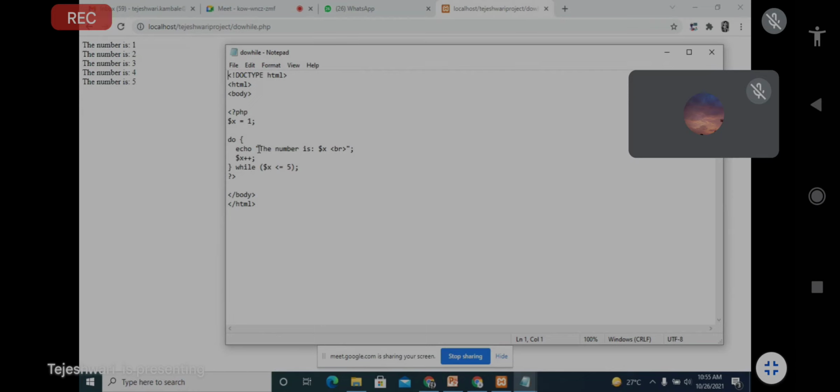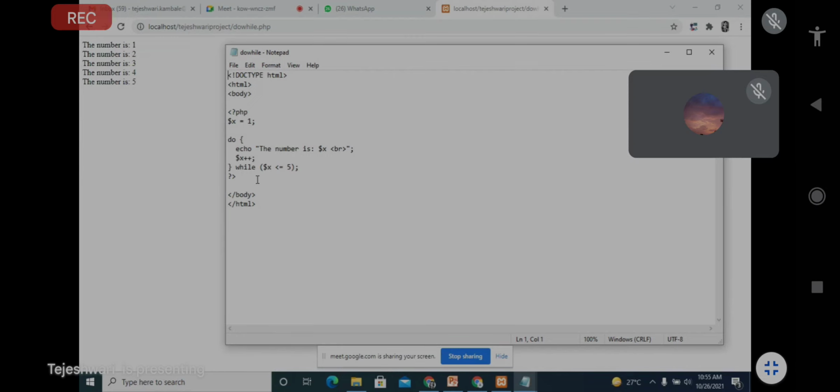In the do part, whatever statement is there will be executed first. So echo the number is $x. What is the $x value? That is 1. So if you see the output, the number is 1 will print. Now $x plus plus.